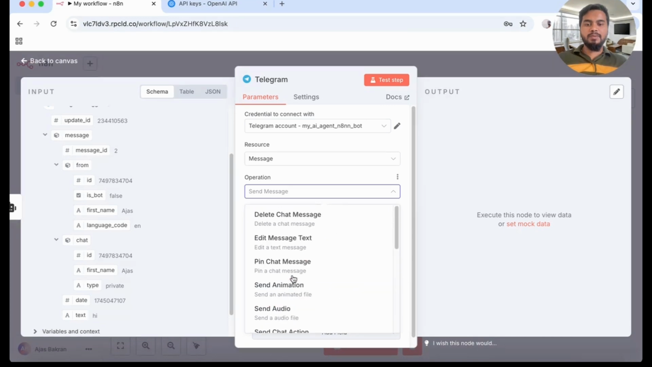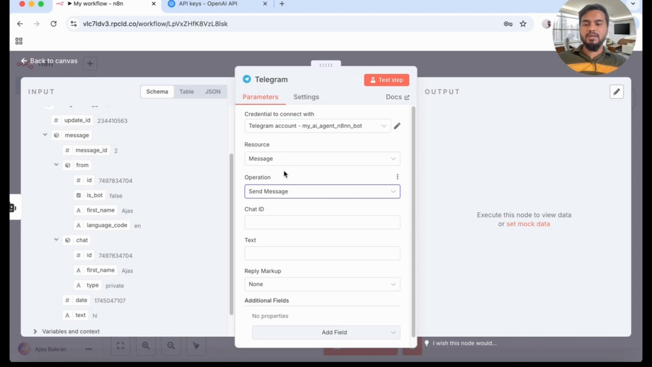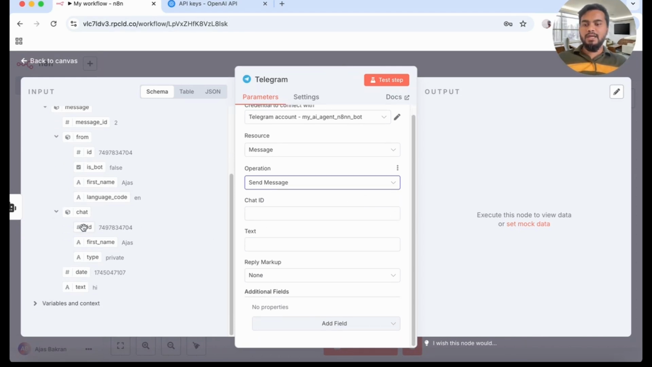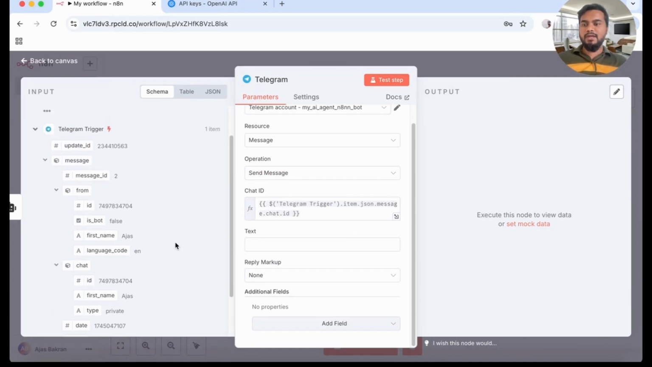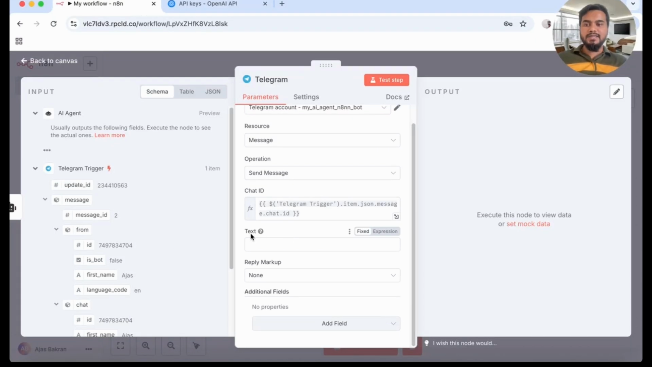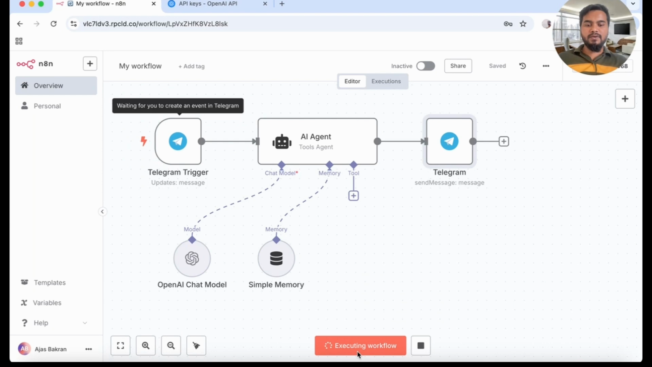So there are multiple operations you can perform on certain events, but here since we are going to send a message back, we will put send message as it is. Chat ID is something again, drag this and drop over here. And finally, we need to send a text that will be output from AI agent. For now, there is no such output. So I'll simply say test response and go back to Canvas, save this, test workflow, waiting for trigger event,